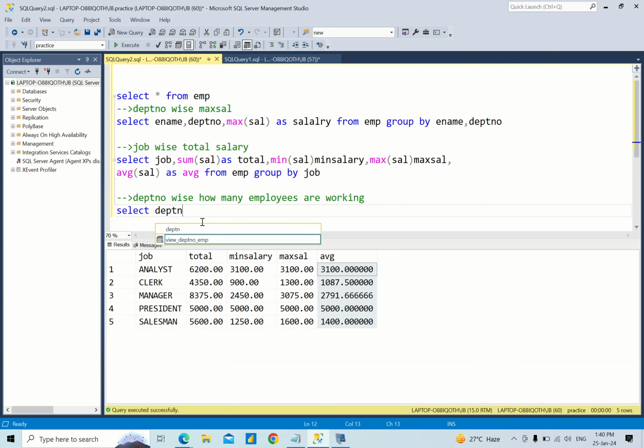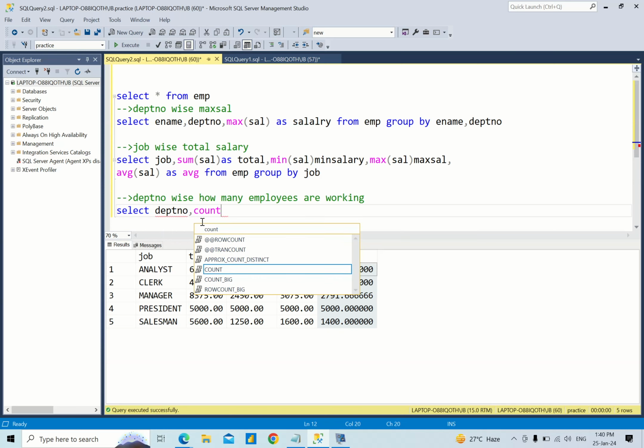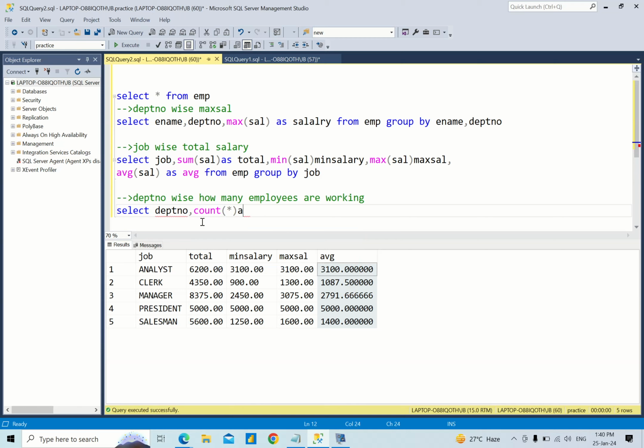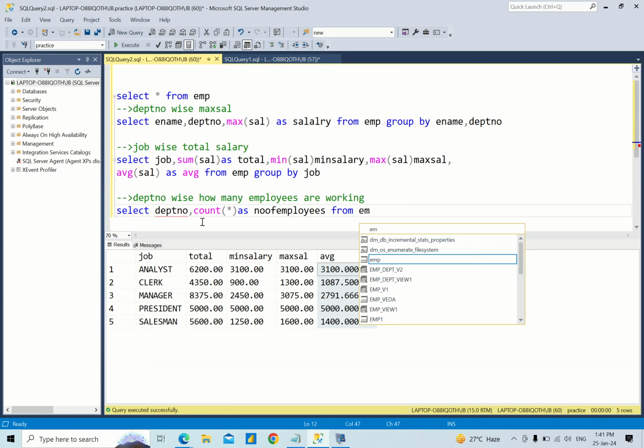Select department number, comma count star as number of employees from employee